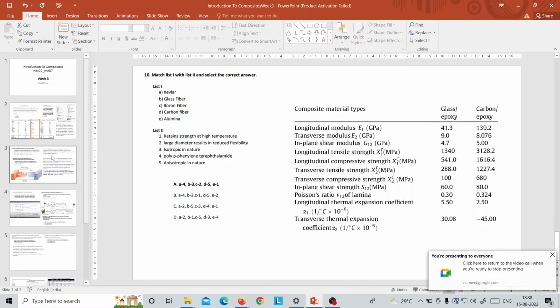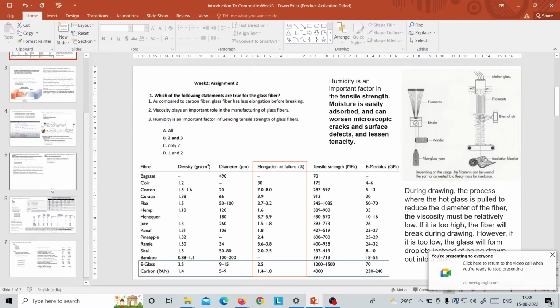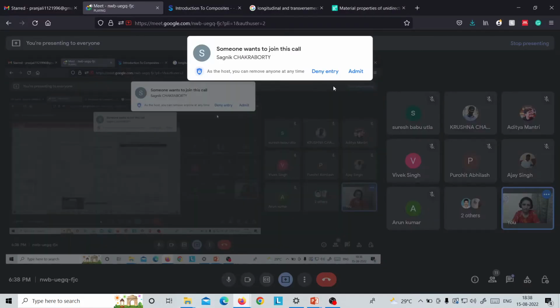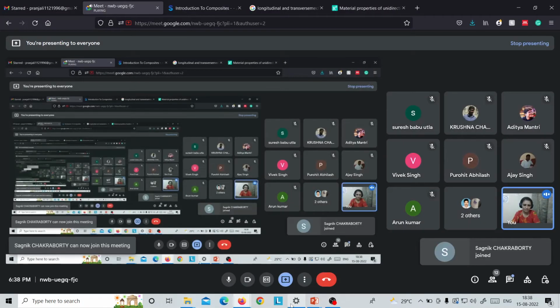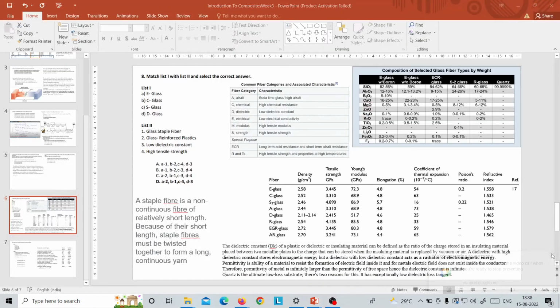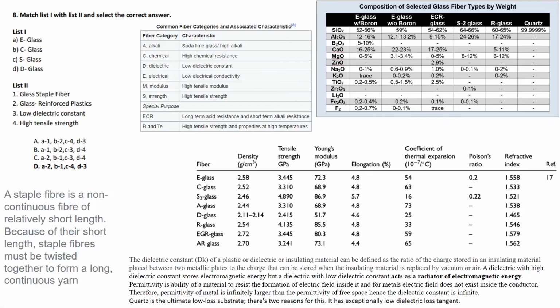Okay. See, refractive index is something you might have learned in your 9th, 10th, right? It's the property of a material. If you try to pass light through it, then the amount of deflection it gives is the refractive index. So you can see all five are glass fibers. You're talking about this slide, right? All are glass fibers. They are translucent in nature. Glass is almost translucent.